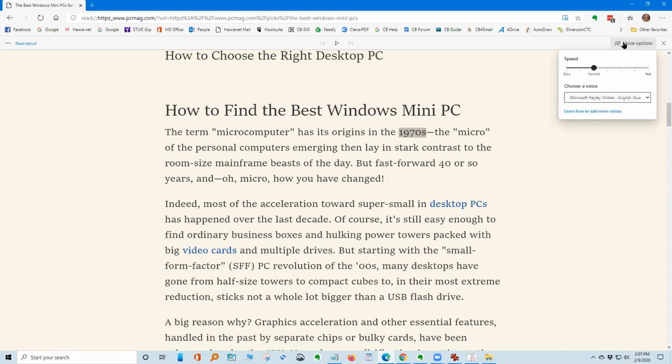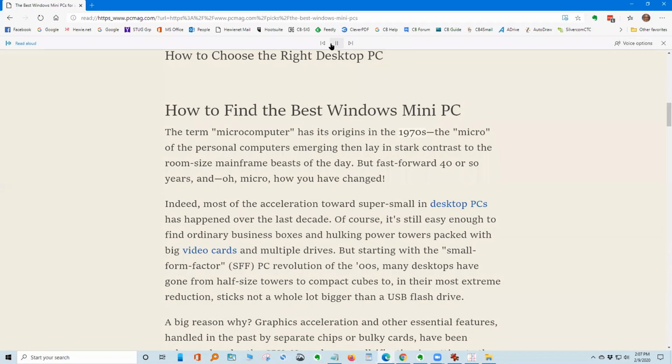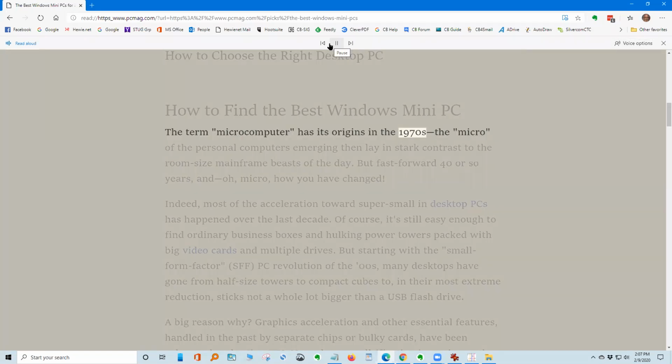And voice options. And tell it to go ahead and do it. 1970s. The micro of the personal computers emerging then lay in stark contrast to the rim-size mainframe beasts of the